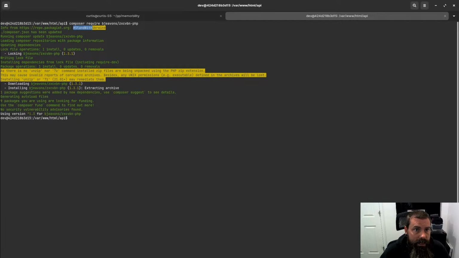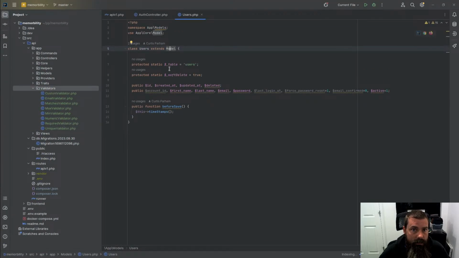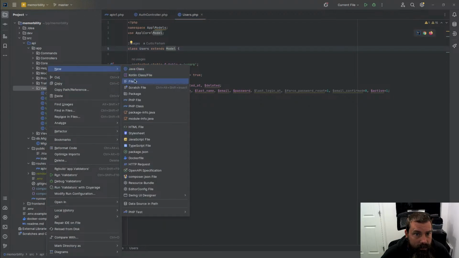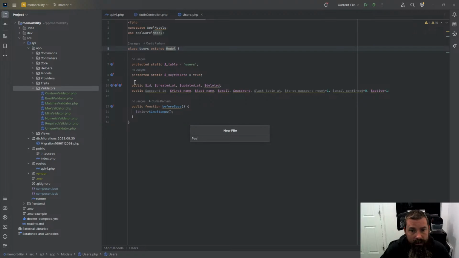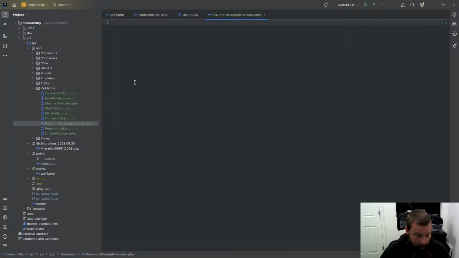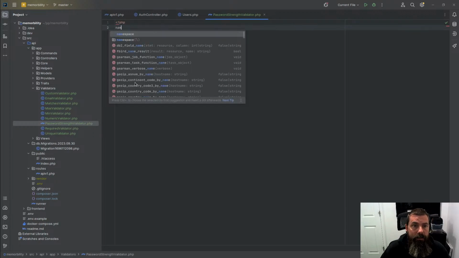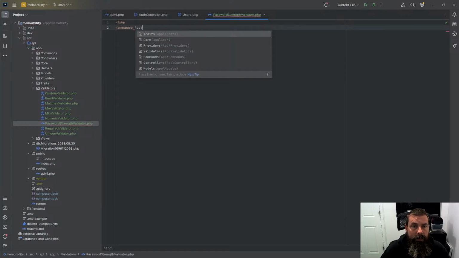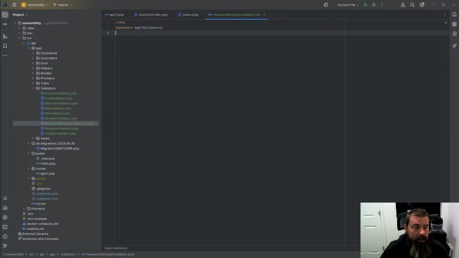Okay, so it's installed now, and so now we can use that in a file. So let's go ahead and pull up the password strength. This one's in the validators. We're going to go to new file, and I'm just going to call this password strength validator. And this will get the same namespace, so we'll do app validators, and then we're going to use